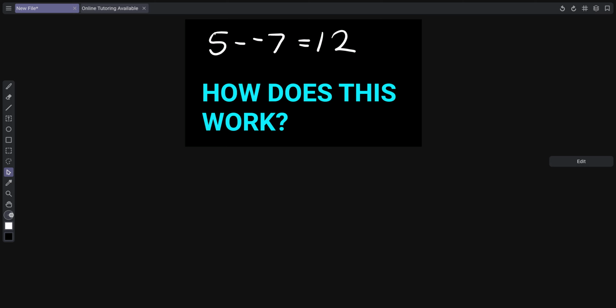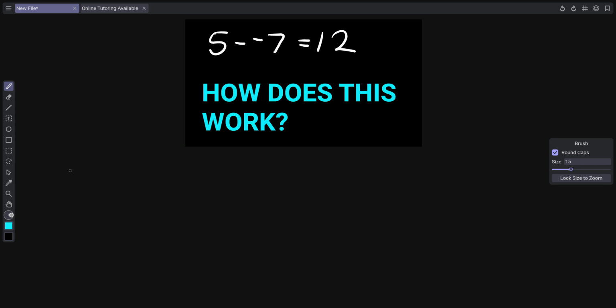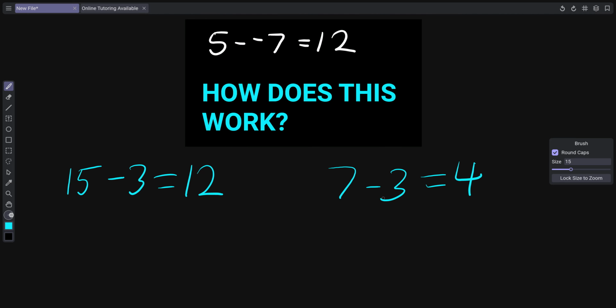So in the instance of 5 minus negative 7, you basically want to treat it like 5 plus positive 7. You might be a little confused, because when you see subtraction, you might think of something like 15 minus 3, which equals 12, because you just count down 3 from 15. And similarly, 7 minus 3 equals 4, because you just count 3 steps down from 7. But in instances where you have 5 minus negative 7,